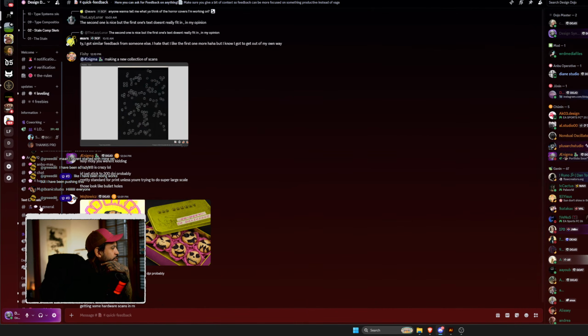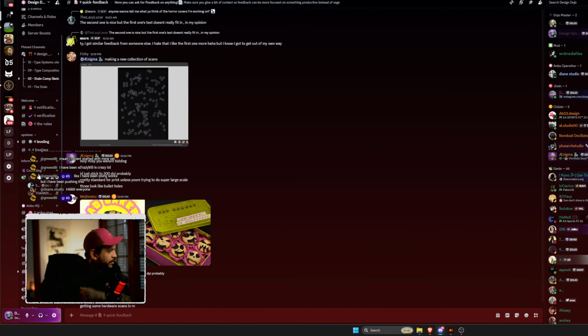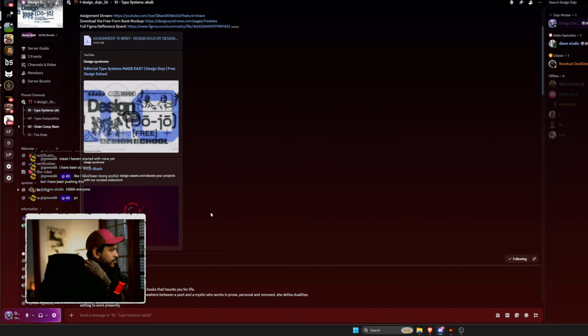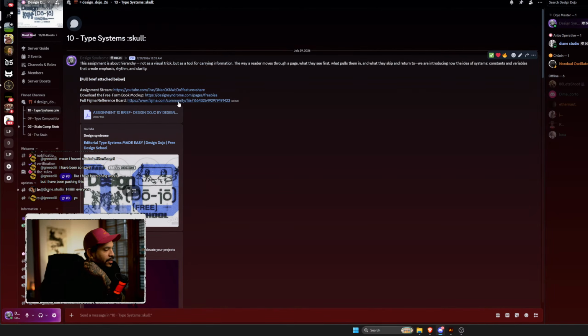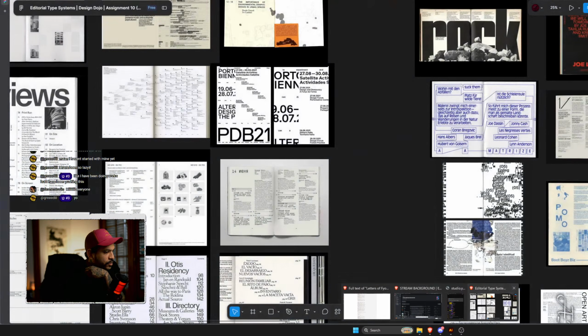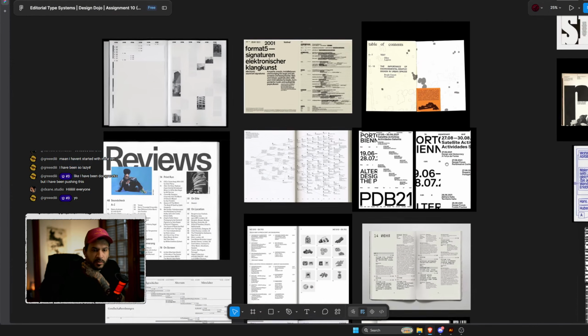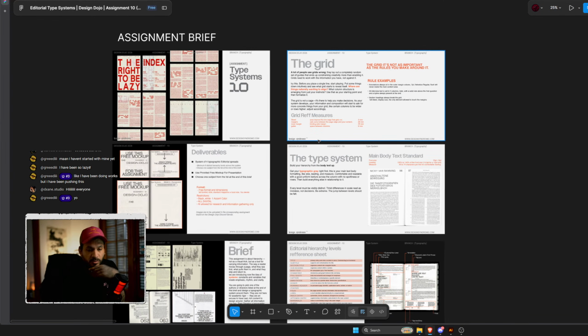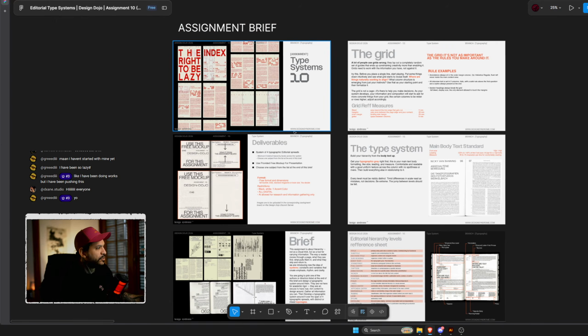Here is the Design Dojo. So if you join, the link below, you're going to have it. If we go to type synthesis, we're going to have all the links and the assignment brief. And I was already taking a look. This is a Figma board that's already in the previous stream links, also in the assignment brief. And here's the brief for this assignment.